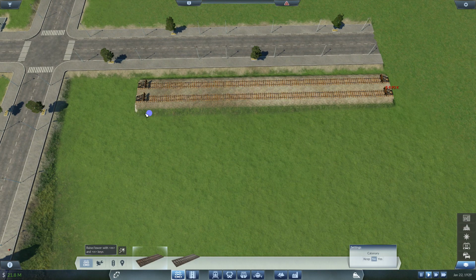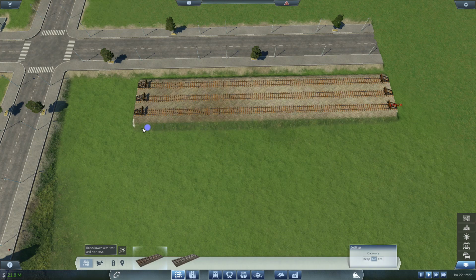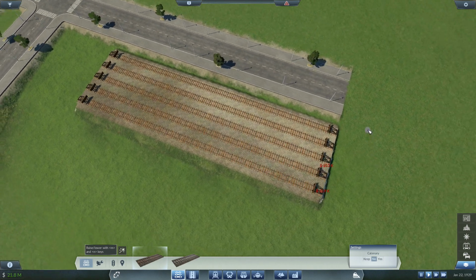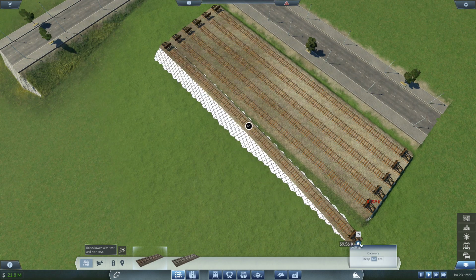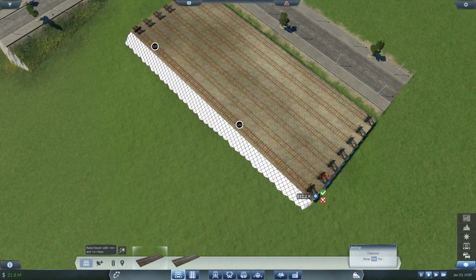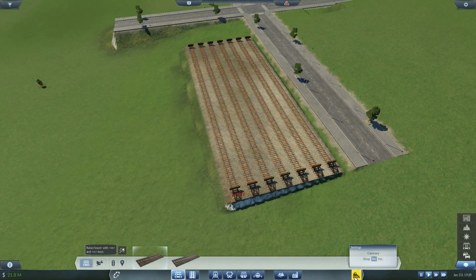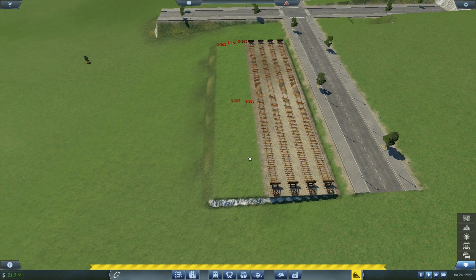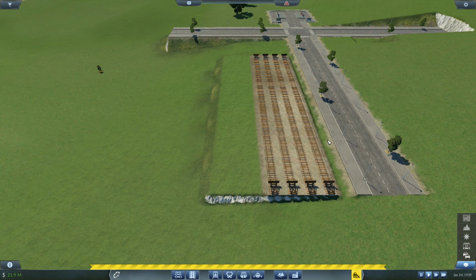So you take as many as you want. Let's say 4, 5, and 6. And then if you delete the last 3 ones, so you get the same height as the road,